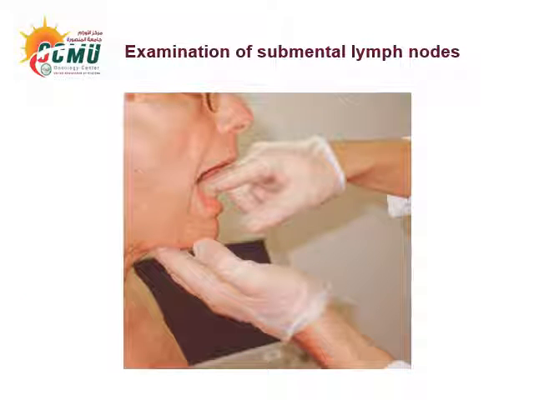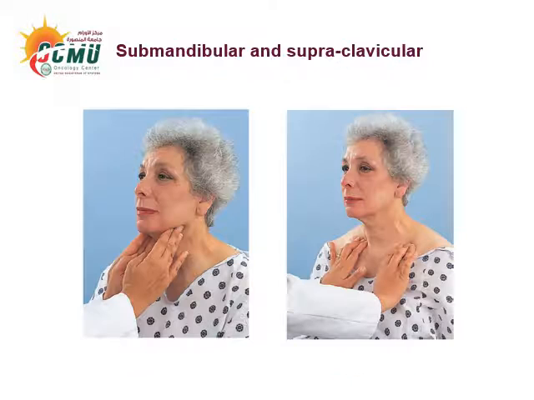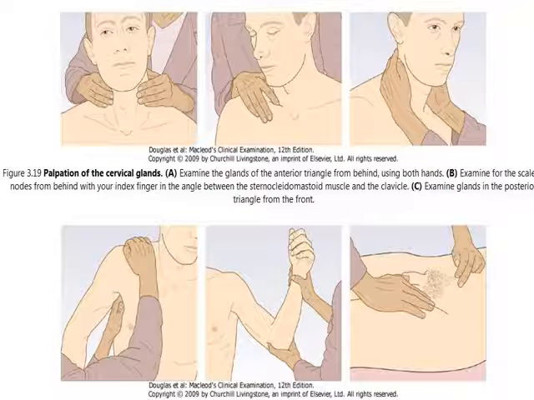This is the technique for examination of the submental lymph node. Usually support the floor of the mouth by one finger and examine with the other finger. This is a technique for submandibular and supraclavicular lymph node examination, bilateral comparison at the same time. These are other techniques for cervical lymph node examination. Examine from behind,